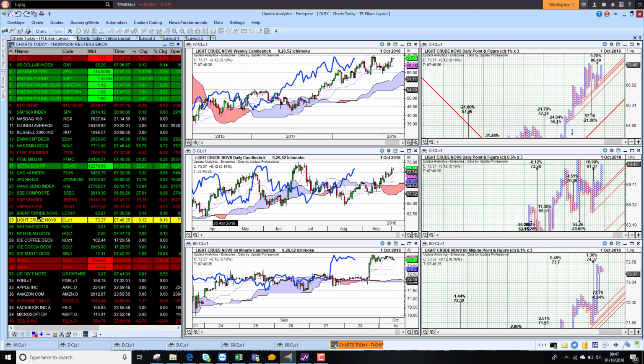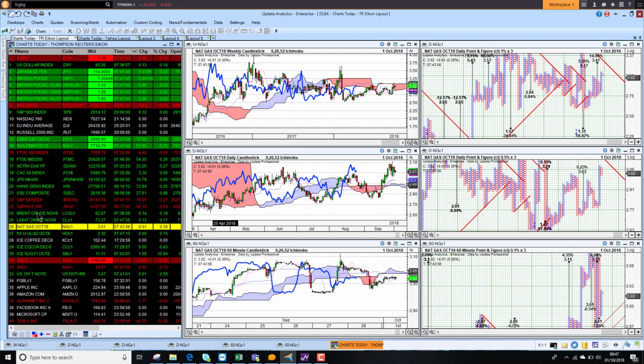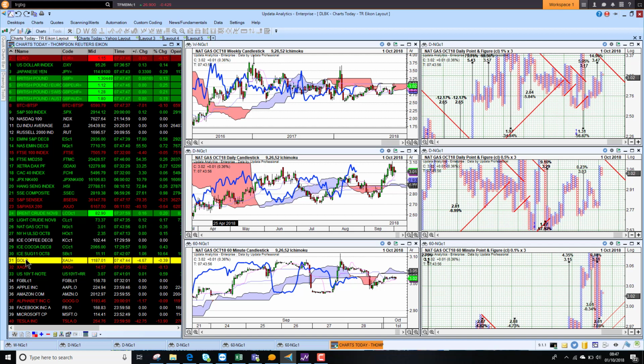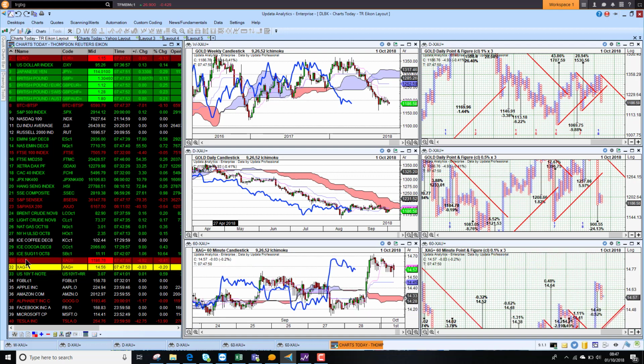WTI, much the same picture. We've got sort of 10% upside targets to around the $80 mark, so it is looking pretty strong for this time of year. US Nat Gas holding that $3 level, so that's looking pretty strong, sitting at $3.02. Looking at gold, we're still a little bit weak on that stronger dollar, struggling at about 1187, and silver